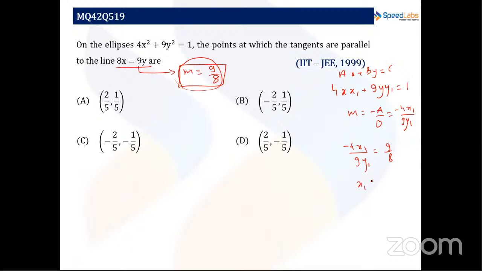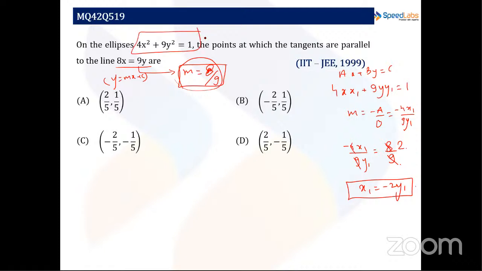We will be getting... oh sorry, here the slope is 8 by 9, as y equals mx plus c. So that will be 8 by 9. So 9 will get cancelled out, this will be cancelled out 2, so x1 will be equal to minus 2y1. Put this equation directly, so this point x1 y1 is lying on the ellipse, so it will satisfy the equation